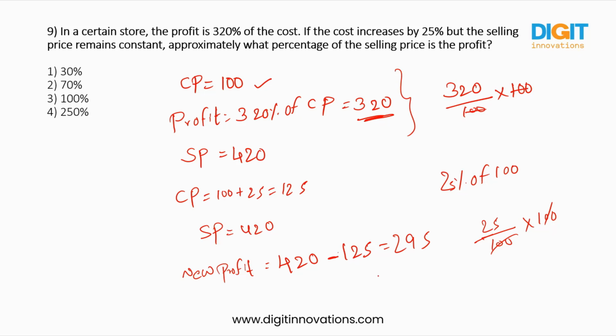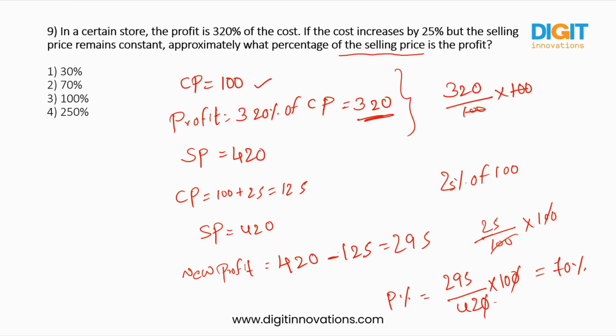So they are asking in the profit percentage, right? How much profit you got? 295, and on the selling price. Of the selling price they are asking. If they asked normally, we can take it as CP. But they are asking on the selling price, right? 420 into 100. 0 will get cancelled. And when you solve this, you'll get 70%